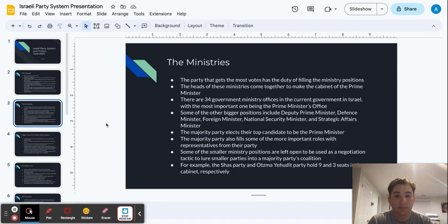The ministries. The party that gets the most votes has the duty of filling the ministry positions. Heads of these ministries come together to make the cabinet of the prime minister. There are 34 government ministry offices in the current government in Israel, with the most important one being the prime minister's office. Some of the other bigger positions include Deputy Prime Minister, Defense Minister, Foreign Minister, National Security Minister, and